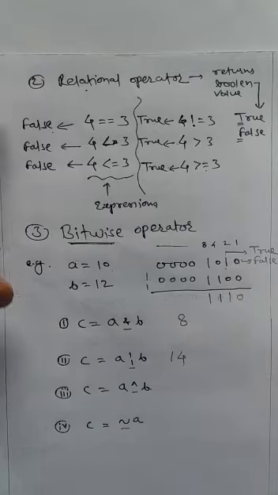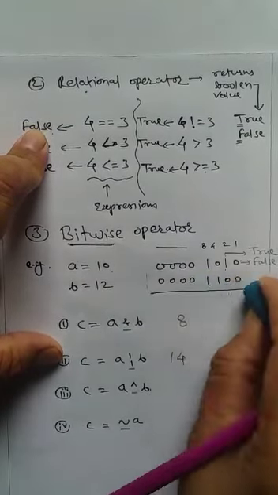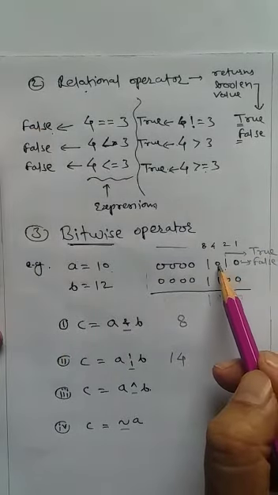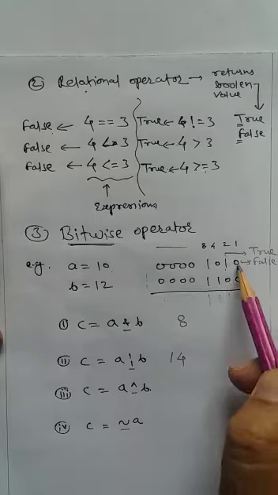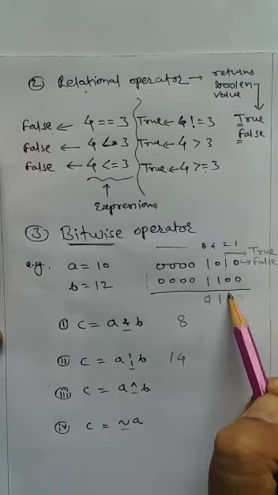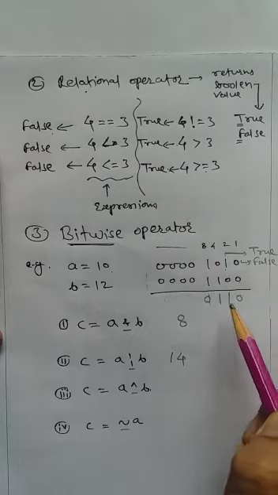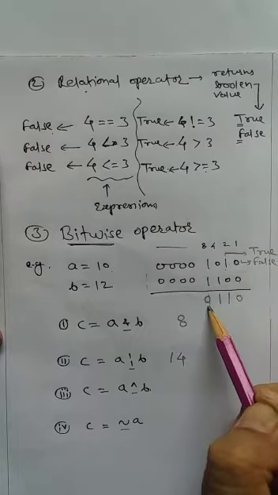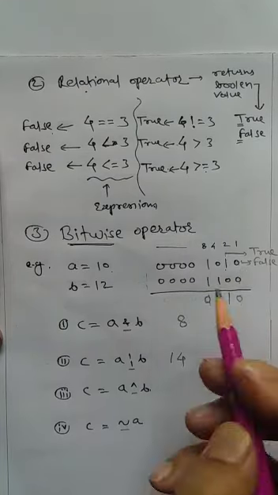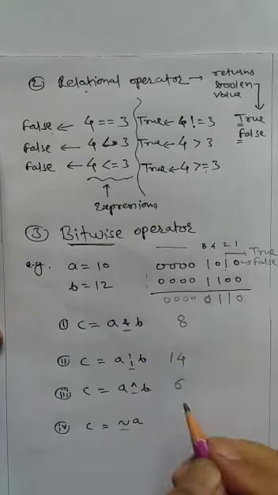Now the next one is exclusive OR. What is exclusive OR here? Exclusive OR is similar to OR, but exclusively means only one element should be 1. If both the elements are 1, then the result will be 0. So exclusively one element should be 1. Otherwise the result will be 0. So when both are 1 1, the result is 0. When both are 0, the result is 0. In these two cases it is 0. So the decimal equivalent of this is 6. So A XOR B is equal to 6.